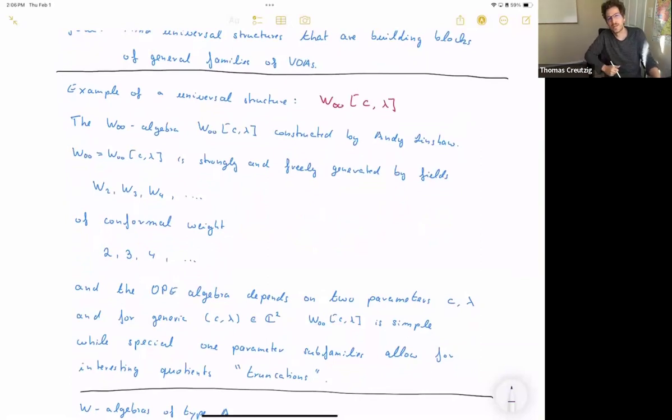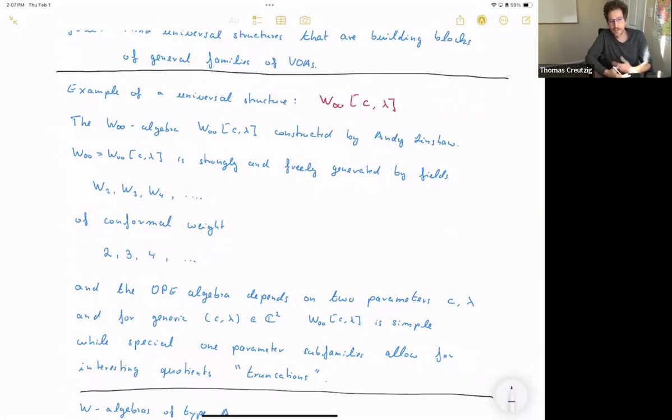Okay, so this is a VOA whose coefficients are rational functions in the parameters, and in particular, I can specialize. If I specialize to generic parameters, you'll just get a simple VOA, very much as you are used to from specialization. For example, an affine VOA is a vertex algebra over polynomials, in fact, in one parameter, a level. You can specialize this, and as long as you specialize it to an irrational number or a rational number that is not too positive, then you get, in fact, a simple VOA.